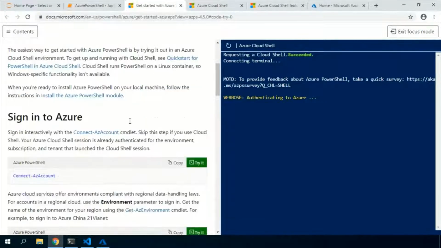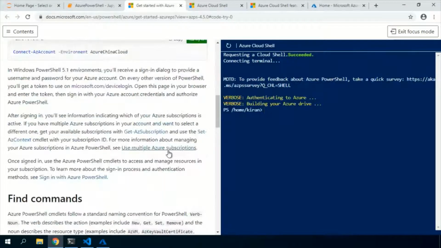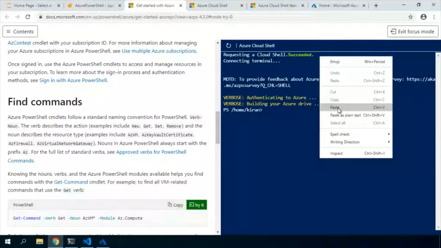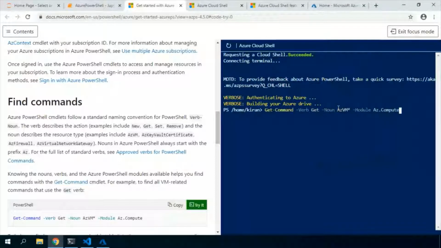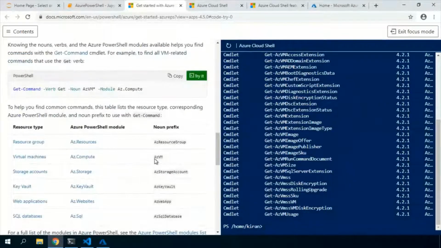So while going through the documentation, if you want to try any of the commandlets, you can simply copy and paste them into the Cloud Shell on the right side of your page. Like that you can go through. It's a good learning experience.